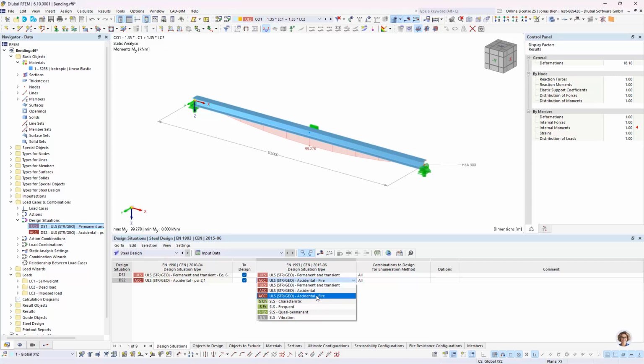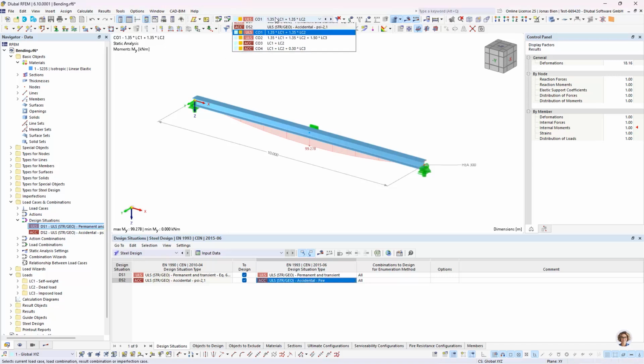We have to be a bit careful if we want to investigate other accidental actions such as impact or explosion or something like this. Then we would need to turn this around and do a different setting here, because in that case we wouldn't be interested in the fire design checks to be done from the Steel Design. Okay,